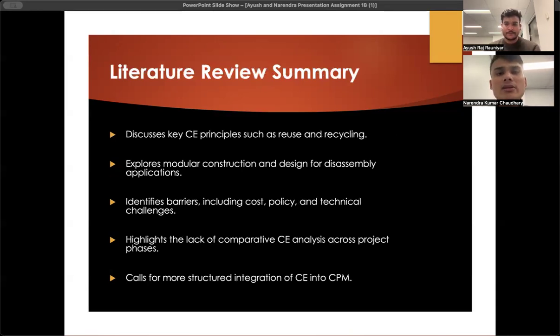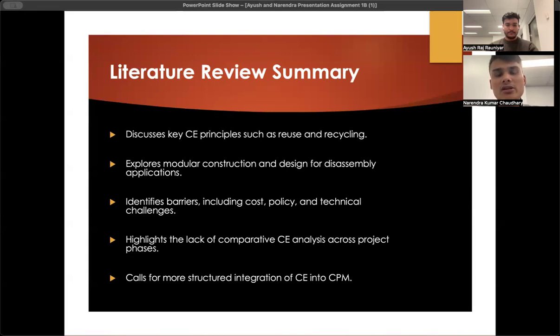The literature review highlights the essential CE principles such as reuse, recycle, and modular design, and examines how they apply to construction. It discusses design for disassembly, materials recovery, and prefabrication. The key barriers include high costs, policy gaps, and technology constraints. The literature review also reveals a lack of comparative and phase-by-phase CE analysis, showing the need for a more